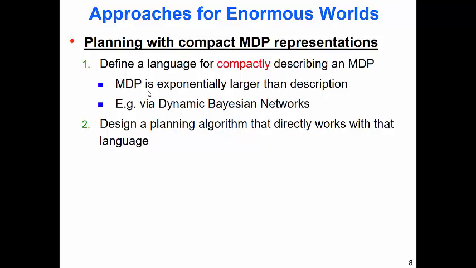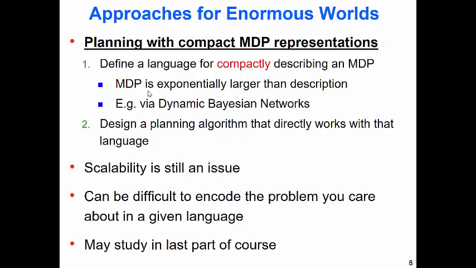And so there are different languages in AI for writing down MDPs in a compact way. One of these languages is called RDDL. Sometimes people use dynamic Bayesian networks, and there are languages for describing those. But at the end of the day, given that language, you then have to have an algorithm that can use the language to come up with policies. And those are often pretty complicated and tricky. We may get to them at the end of this course. There's some really interesting things.